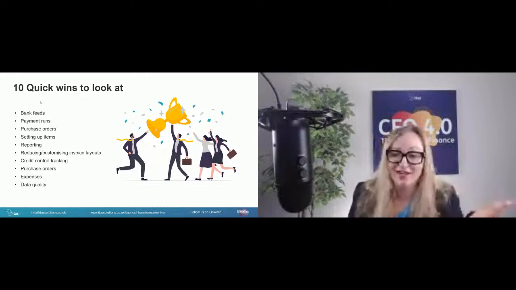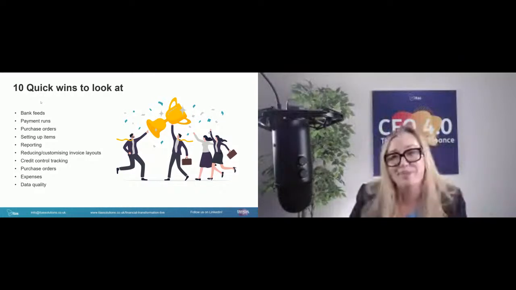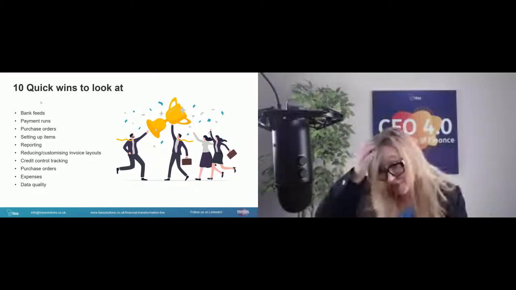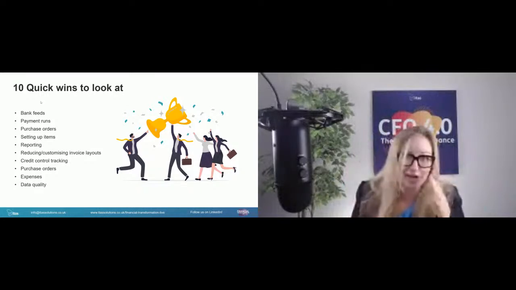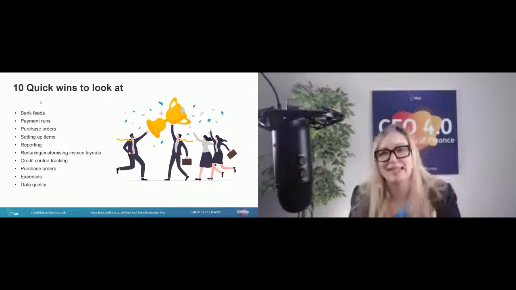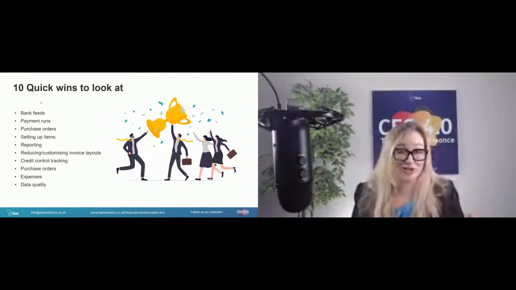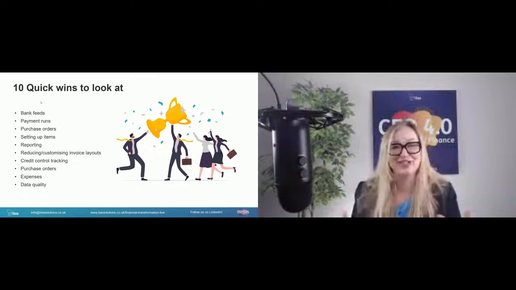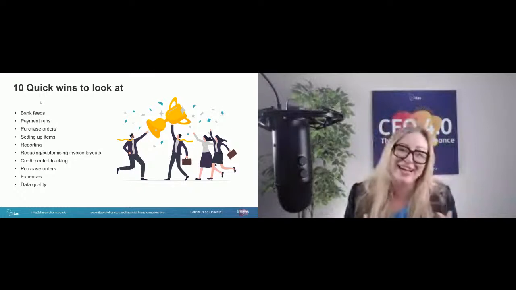So the first thing is bank feeds. Most systems now have bank feeds, or they have automation around bank reconciliation. I still go into new sites where we're picking up support and people are still manually doing bank recs. I've seen it from the extreme of doing it on paper and highlighting. Yeah, people still do that. And if you're doing it, don't worry, I'm not going to put you on the spot and make you acknowledge it in the chat. But it still happens.